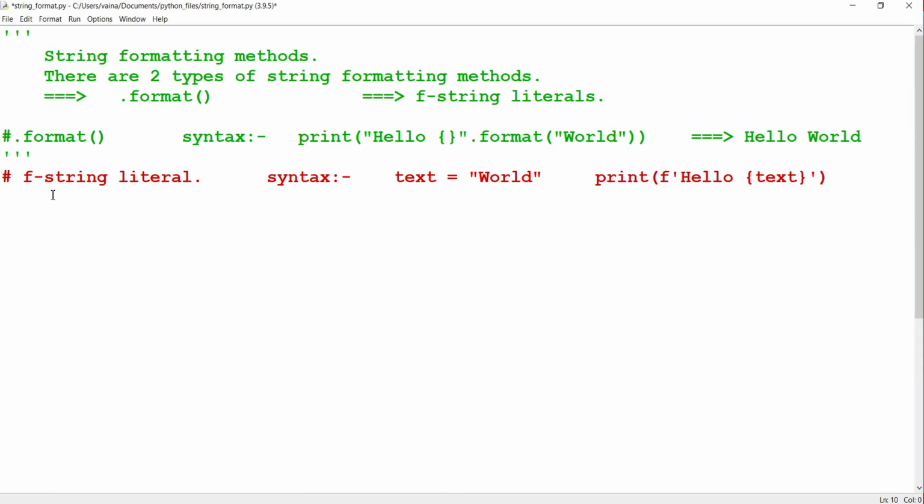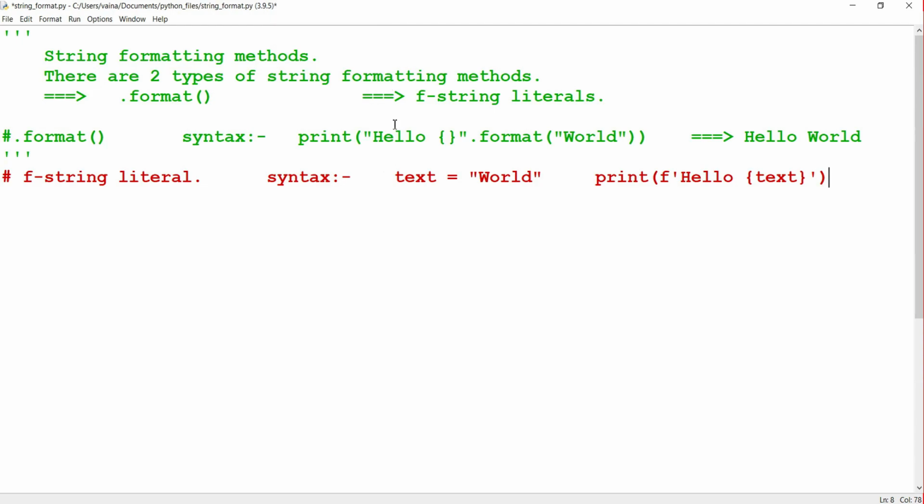The next method is the format string literal. The syntax of this is, we have f followed by the string. The string has a placeholder and we pass an argument like text. Here first we assign the text as world and we pass it to this format string.